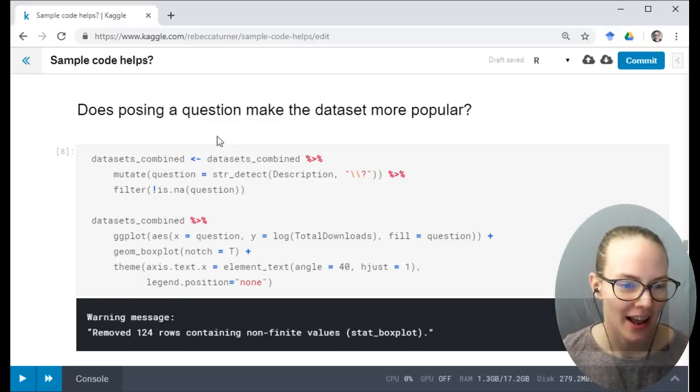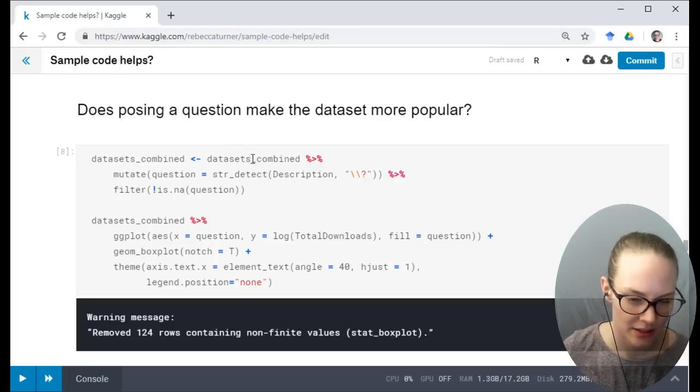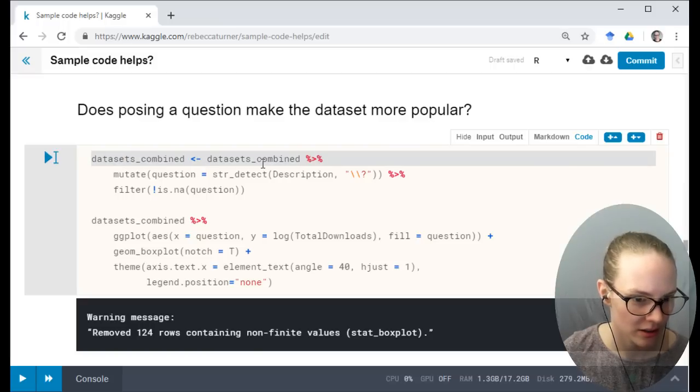Okay, now I'm in the center. String detect. Okay, so I think